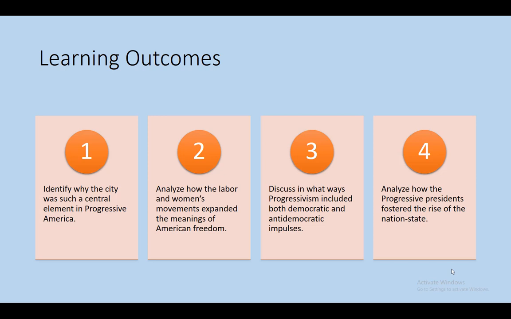So in this lecture, the 4 outcomes that we worked on were identifying why the city was such a central element in progressive America. We analyzed how the labor and women's movements expanded the meanings of American freedom. We discussed in what ways progressivism included both democratic and anti-democratic impulses. And we analyzed how the progressive presidents fostered the rise of the nation